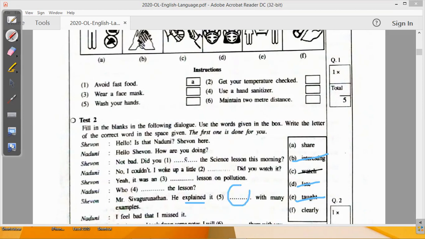Okay, this should be filled with an adverb. I have given you some tips to identify adverbs. I told you the adverbs normally are suffixed with ly. Look at me. Beautiful, it becomes beautifully,